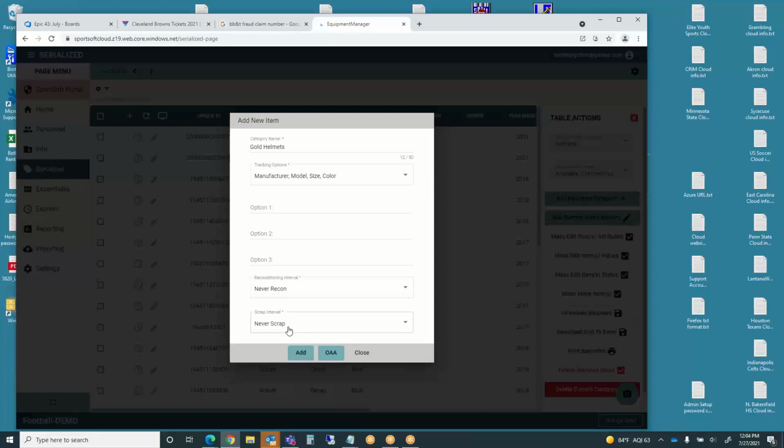I know a lot of schools, for example, I believe some of the helmets have a 5-year warranty, and so after 5 years, they don't want them in their inventory anymore. So they'll scrap them at, say, the 6th year, for example, okay? And also, that flag will pop up when you go to check in the helmet or check out the helmet. It'll pop up and tell you